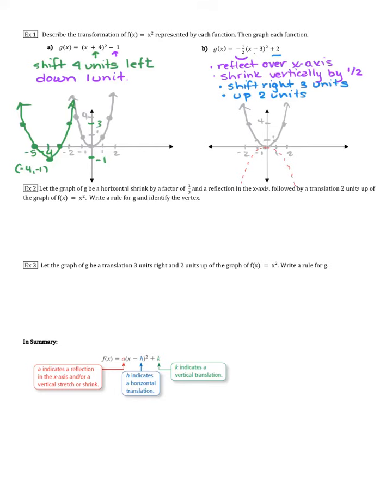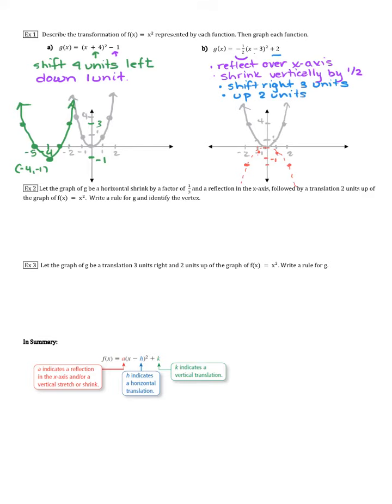Shrinking by 1/2 means that instead of going over 1, down 1, I'm going to go over 1, down 1/2. So here's, let's say that's -1. I'm multiplying my y values by 1/2, so this is only going to be at 1/2. And at 2, I'm only going to be at -2 instead of 4. It's going to actually be